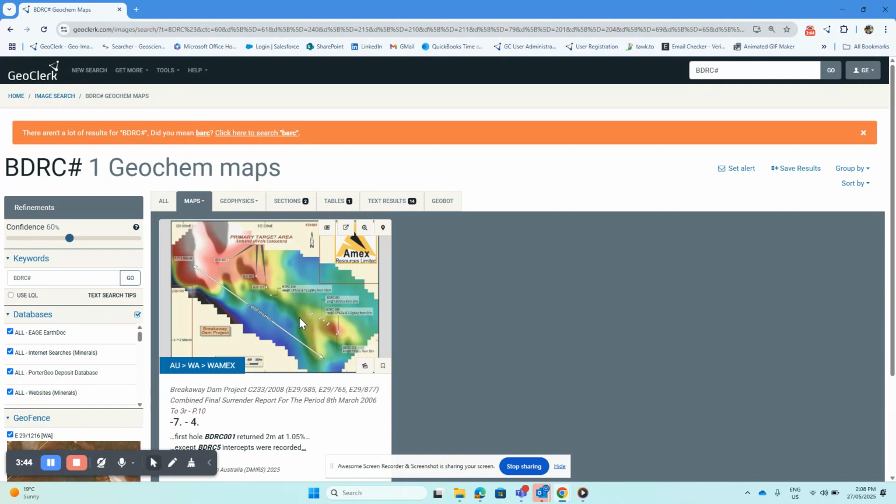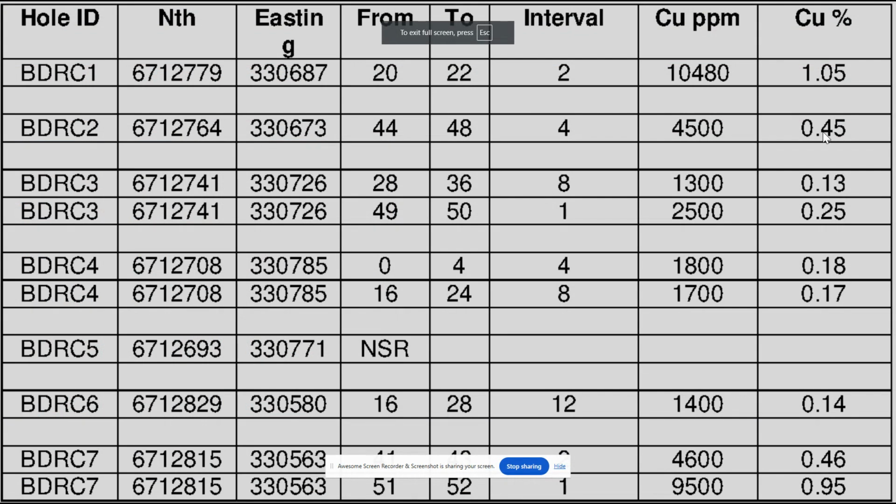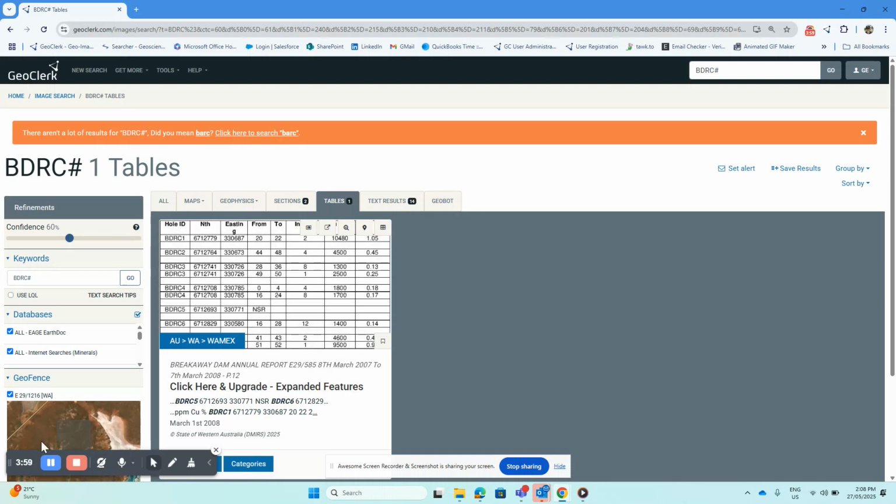There's only the one geochemistry map, which is the one we're looking at. And there's also a table, which in this case shows some copper intersections. It's just a summary across, in this case, for the 7 drill holes. Now, as well as looking at those specific drill holes, I might want to look and see if there's any